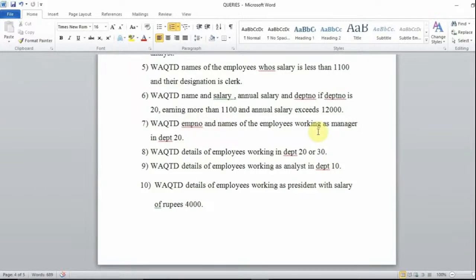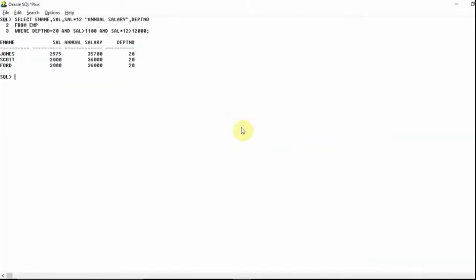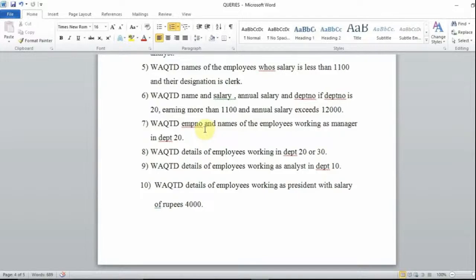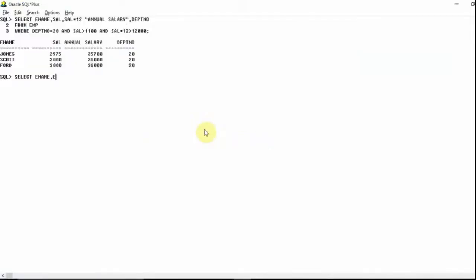Write a query to display employee number and names of employees working as manager in department number 20. So this is also same guys, I need to display employee number and names of the employees. Okay, so I will write select EMP number, after that E name guys. So employee number and employee name, I will be selecting these things from the EMP table